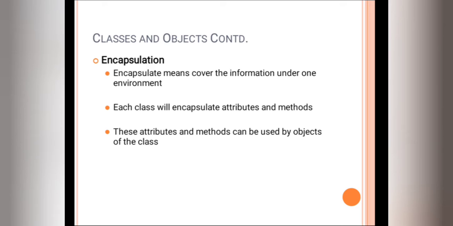Here one example you can consider, the example of a medicine capsule. If we have some common symptoms like cough, cold and fever, then instead of taking 3 medicines separately, we will combine these medicines and form a capsule of that medicine. And why? Because they are related to each other. Due to cough we can have fever, or due to cold we can have fever. So cough, cold and fever are related to each other.